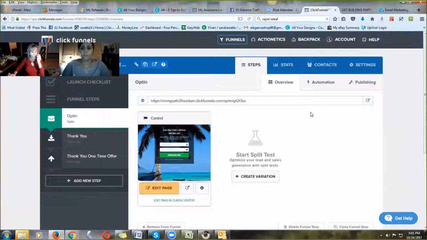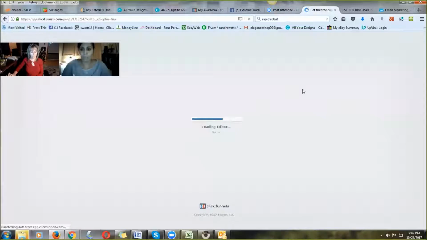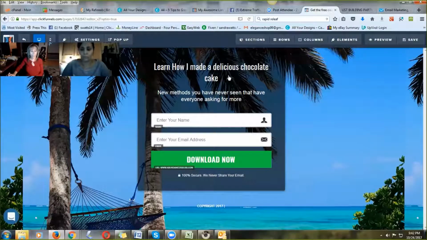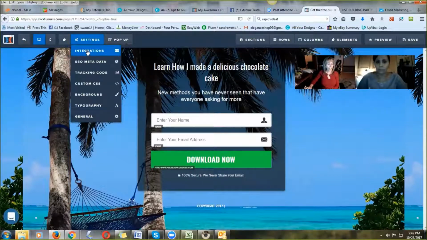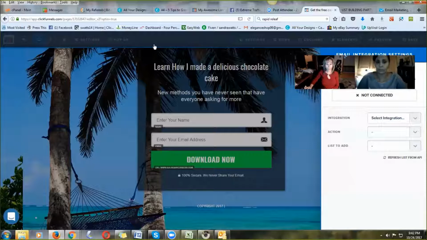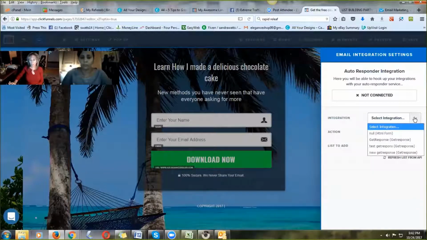We've gone over that, and now we're going to integrate this edit page. Move over our pictures. I'm going to hover over settings and click integrations. Now we are going to click GetResponse,